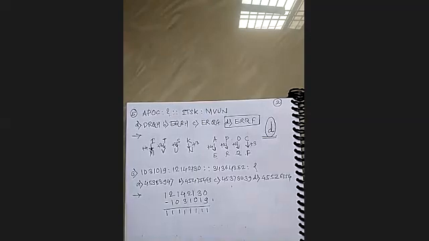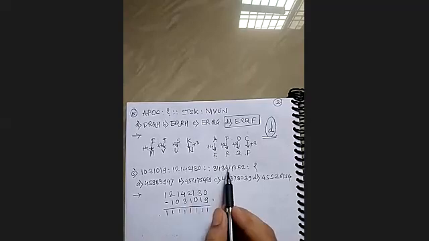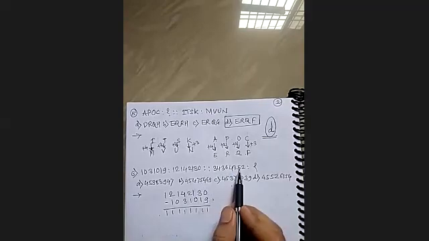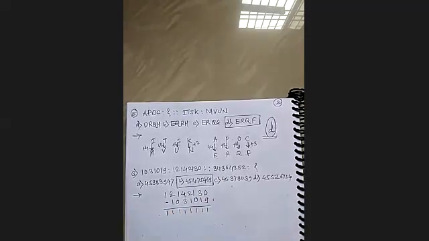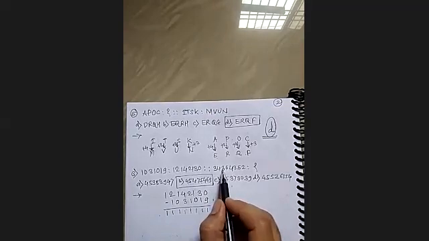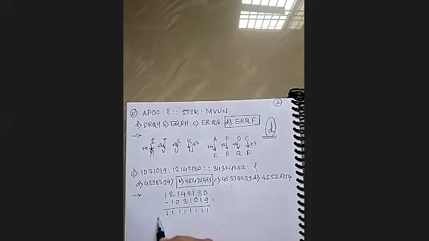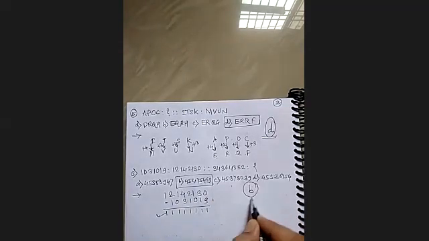Now, very simple, the relationship must be equal to this one. So there is only one number. So 4 minus 3 is 1, 5 minus 4 is 1, 4 minus 3 is 1, 7 minus 6 is 1, 5 minus 4 is 1, 4 minus 3 is 1, 6 minus 5 is 1, 3 minus 2 is 1. And therefore, option B is your answer. If you subtract this number from this number, you will get this much difference.